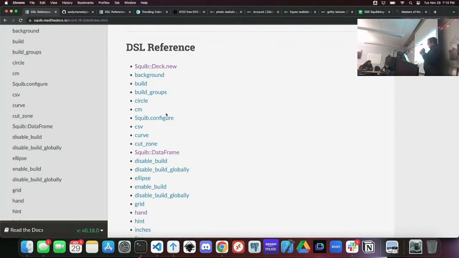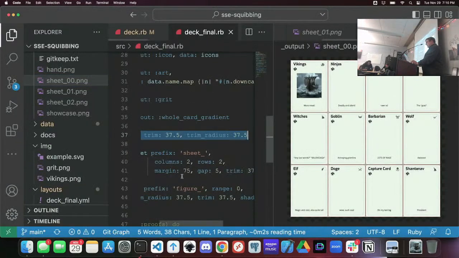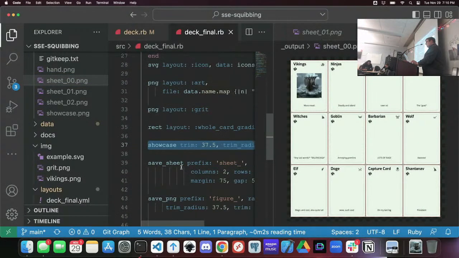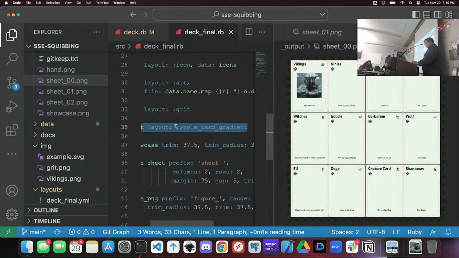I have build groups where you can organize things, or you can turn on one thing or not. You can specify gradients. Oh yes, that was one thing that I did in here. You can specify a gradient over it. So anywhere that you can specify a color, you can also specify a gradient. So a gradient would look like